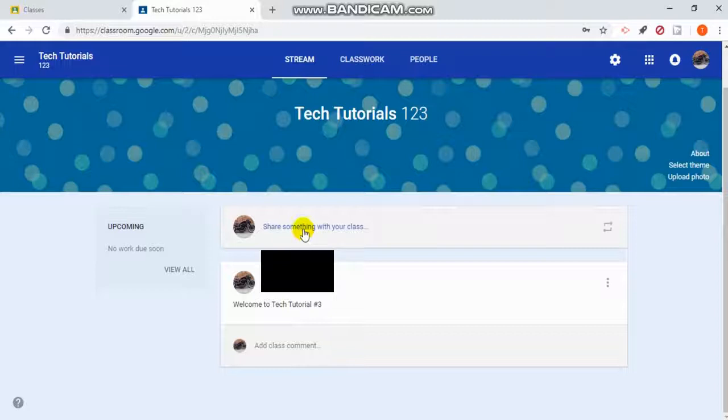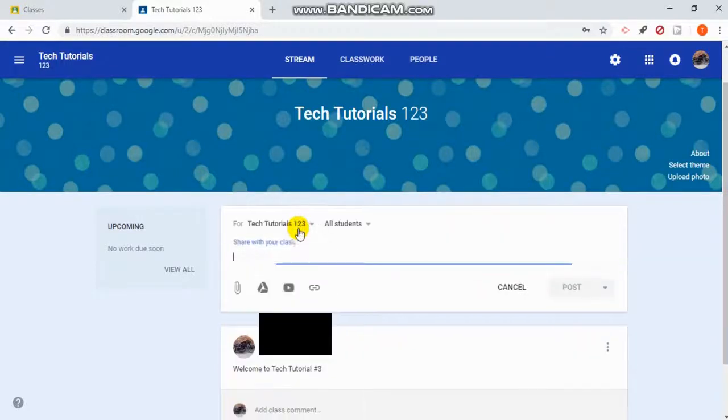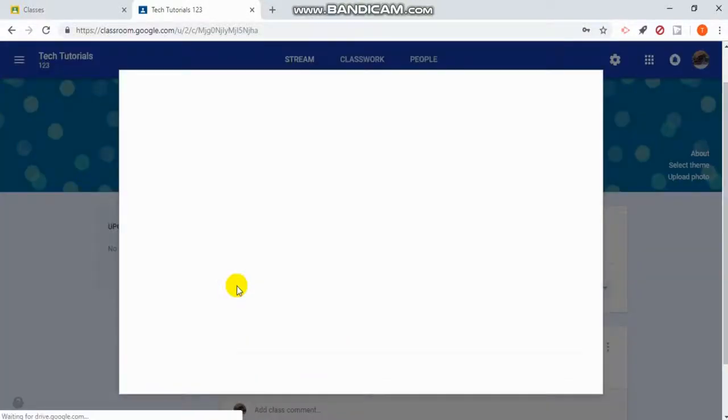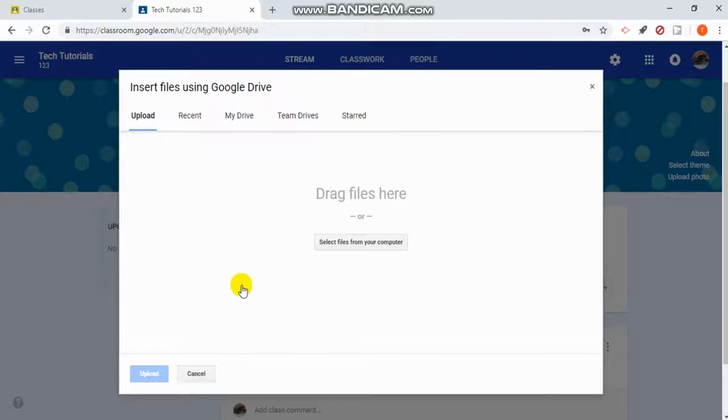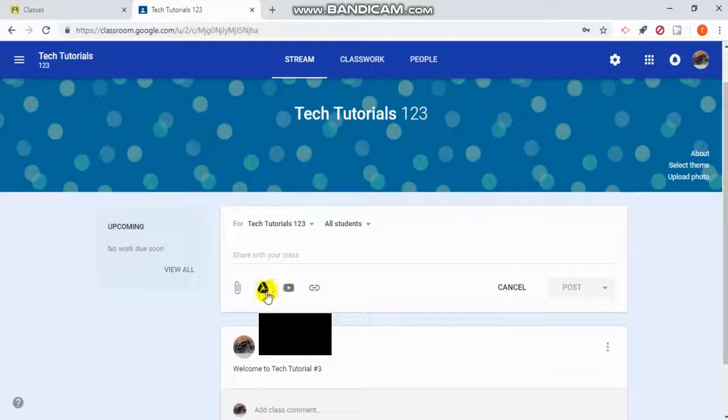Now, in addition to just writing something, if I click share something with your class, we also have options underneath. So you could type something, you could also click the paperclip, and you can attach a document. So if you have a document or a handout in your files, you can select it from your computer. You can even go into your Google Drive if you'd like. There's a Google Drive button, so you could press that and it would access your drive and you could post